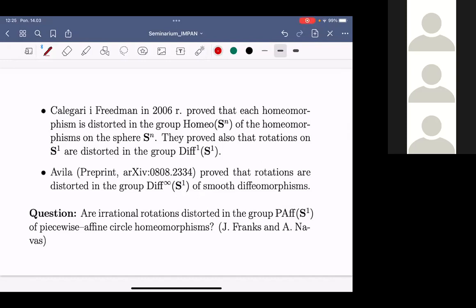They also proved that rotations on the circle are distorted in the group of C1 diffeomorphisms, and asked several questions about distortion in other groups of homeomorphisms. In turn, they asked several questions, and among others, this question about the distortion in the group of smooth diffeomorphisms. It was answered by